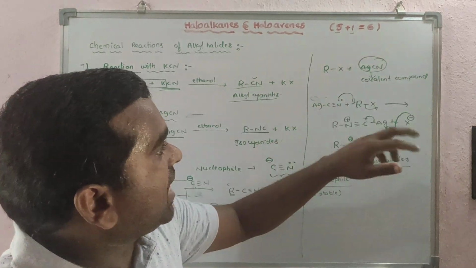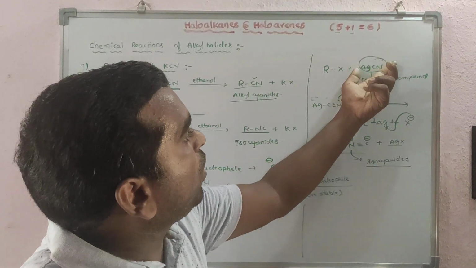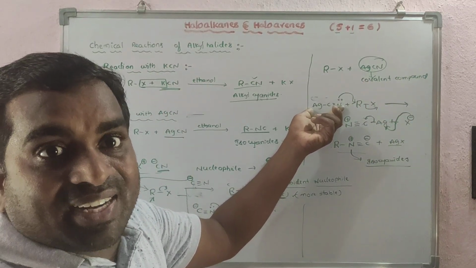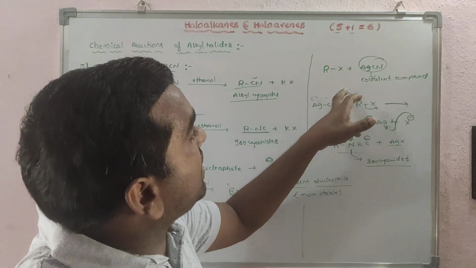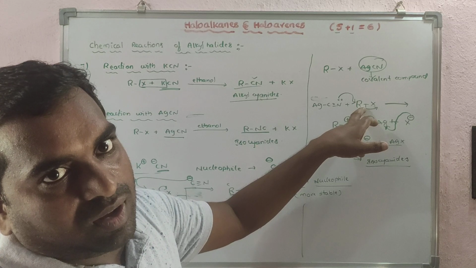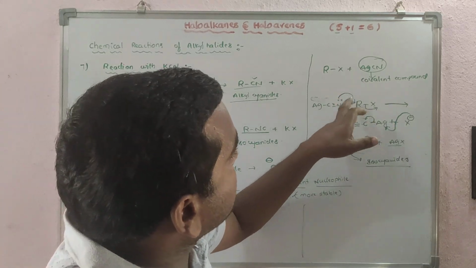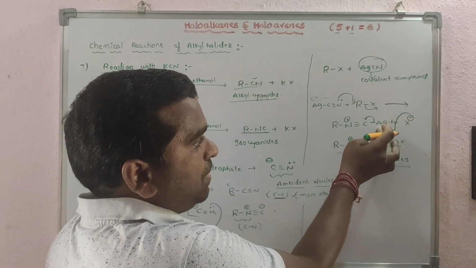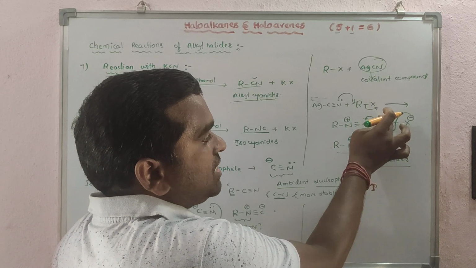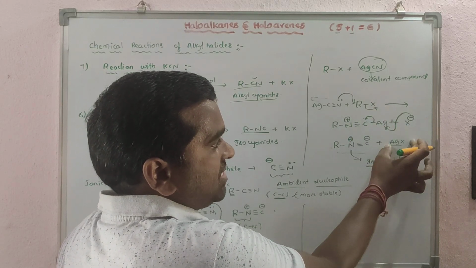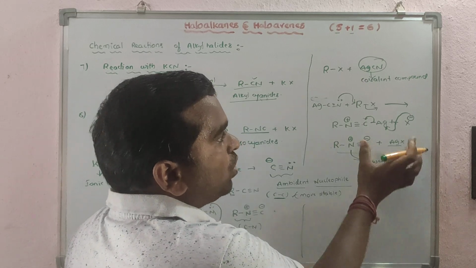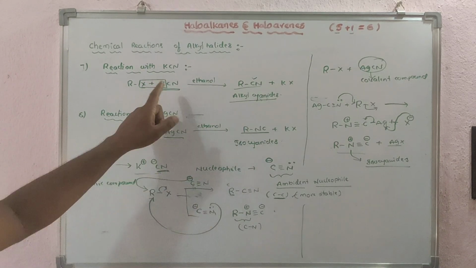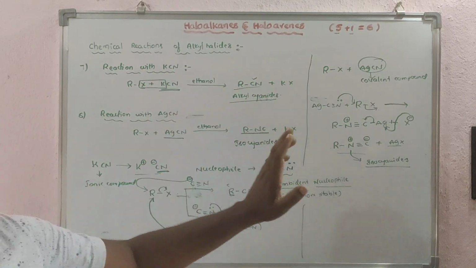But in this case, isocyanide. Isocyanides form with AgCN, and AgCN is a covalent compound, so it cannot be easily dissociated into ions. Clear? It will take time. In the meantime, nitrogen donates electrons to the alkyl group and makes a bond with the R. So X minus is removed, and X minus will take the Ag plus. Carbon is gaining an electron, Ag is losing an electron, so Ag plus and X minus give AgX, and R, N, C is the isocyanide. So this is the reaction between KCN and AgCN. Very, very important: with KCN cyanides, with AgCN isocyanides.